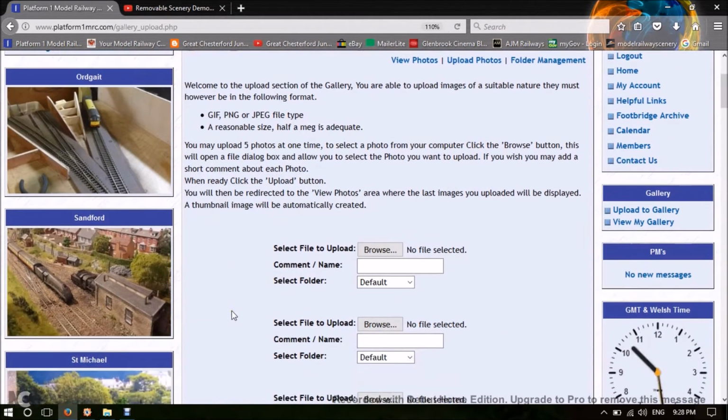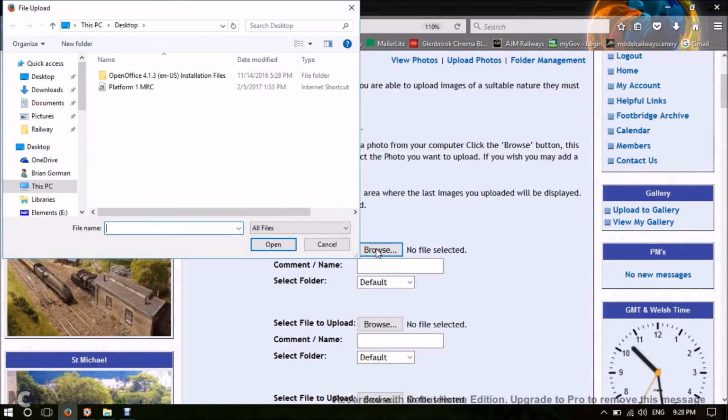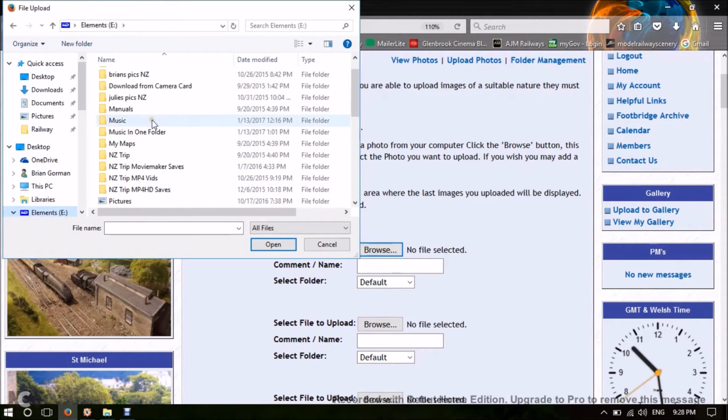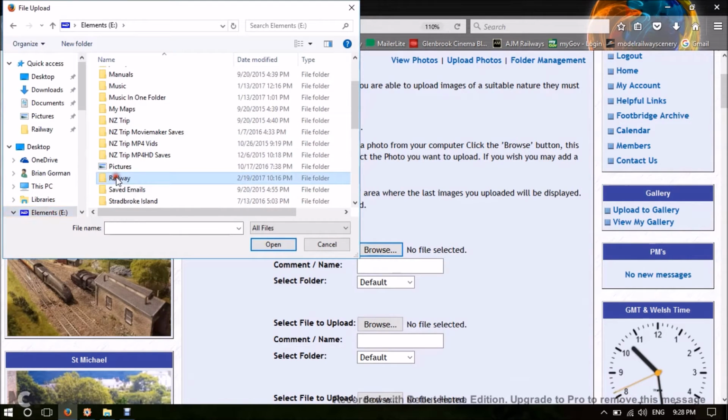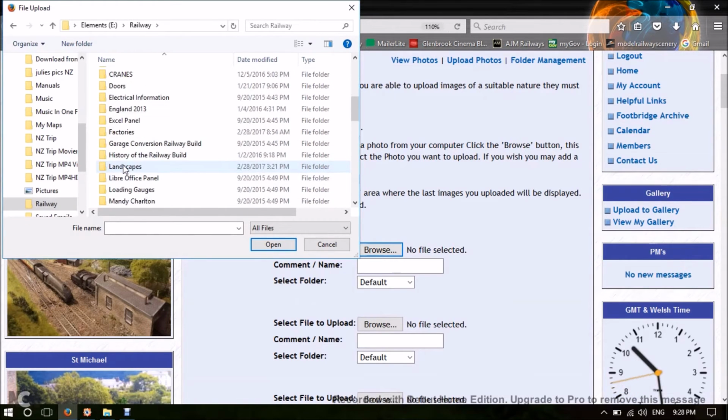Now all you have to do is scroll down a bit and you select the file to upload. So you click on Browse, and this opens up your system, and as I say, mine's in multiple layers, so I've got to go and find those pictures on my system here,